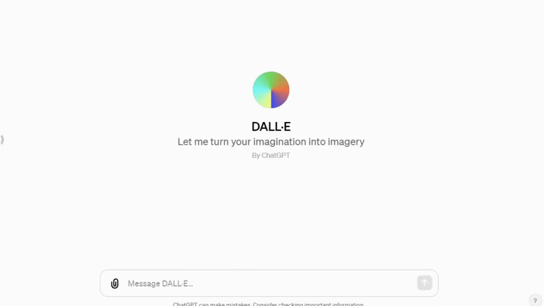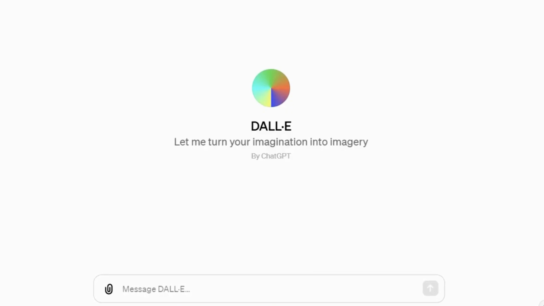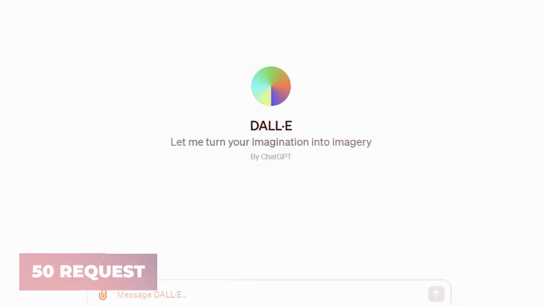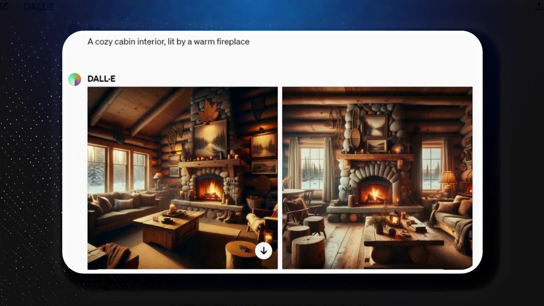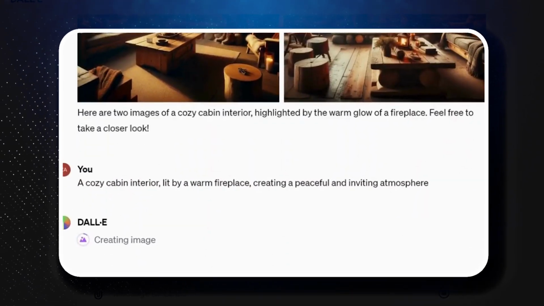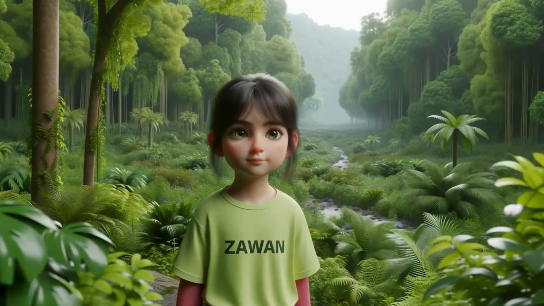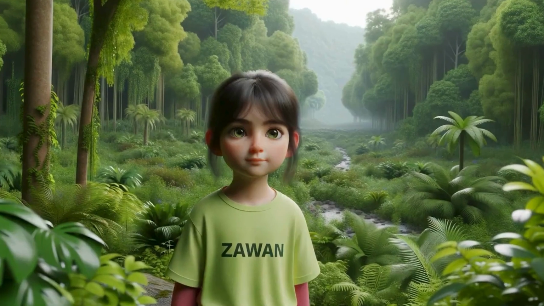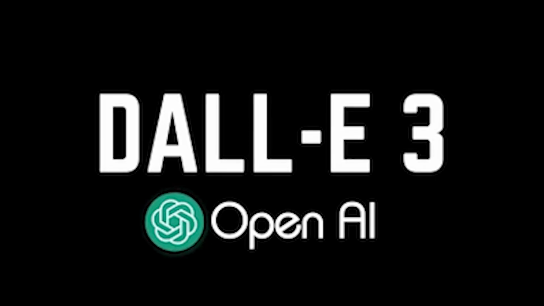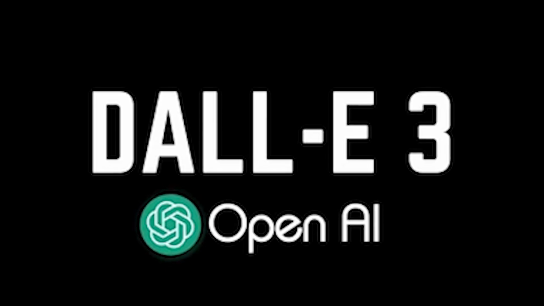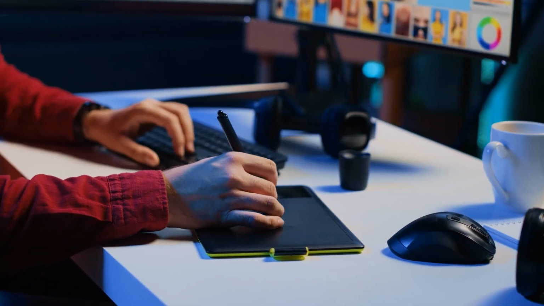And here's a tip. Don't forget about the generous prompt limit. With up to 50 requests every 3 hours, you have plenty of opportunities to experiment. Use this to your advantage by trying different styles, making multiple attempts at complex scenes, or exploring various variations. The best way to master DALL-E 3 is through hands-on practice, so dive in, have fun, and explore all the